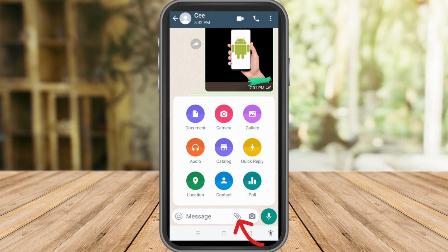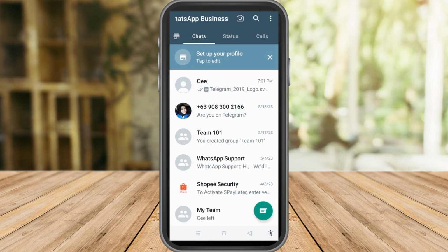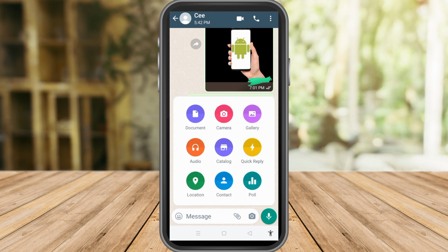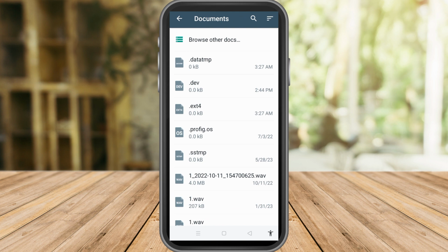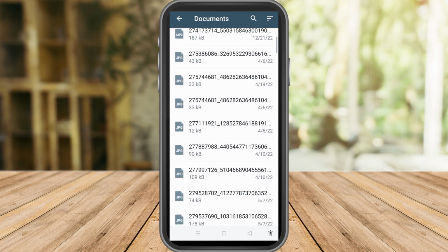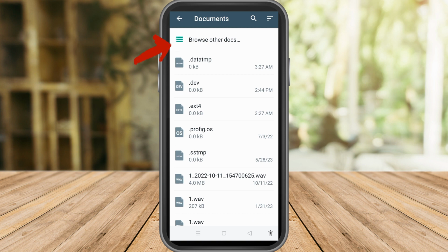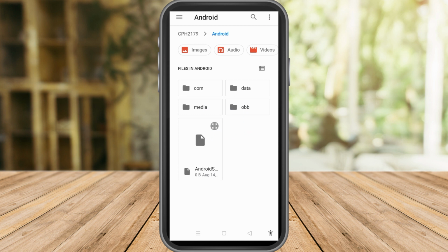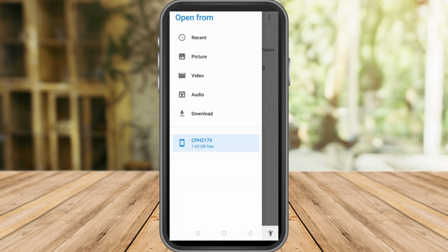So, what are we going to do if we want to share or if we want to send an app game via WhatsApp? So, you should tap that person's name again and then click this clip icon and then go to document. Now, once you're here, you have to tap this browse docs up here, browse other docs. Tap this one. And then after that, you have to scroll down and look for the name of your device,